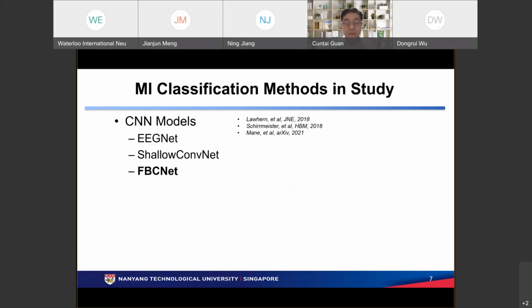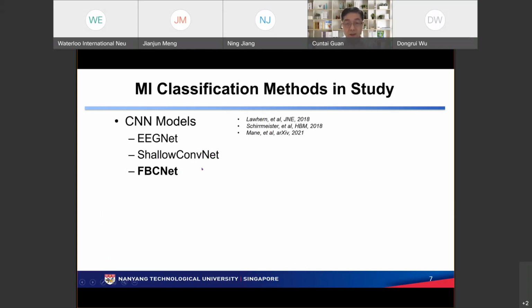The methods we are going to discuss today, I mainly focus on the deep learning approach. There are 2 very popular models which have been used or benchmarked by BCI researchers today. One is by Lawhern et al. They proposed a method called EEGNet. Another, the group from Freiburg, Tonio Ball's group, proposed a method. They have 2 architectures, one called deep convolutional, another one called shallow net.